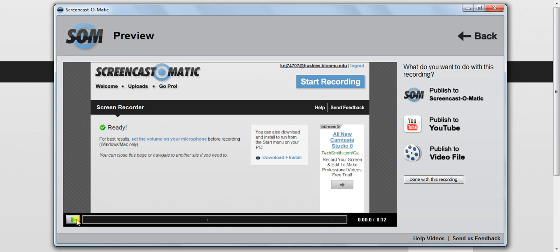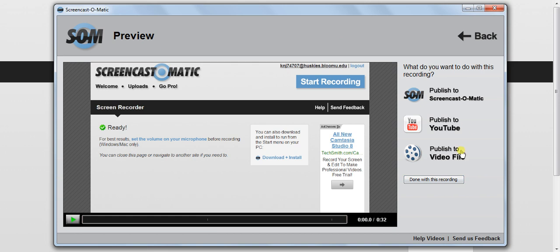It's really very simple. In that toolbar, when you first hit start recording, you could activate the microphone or webcam if you have those capabilities, but we're just doing the basics, so we're not going over that. But the thing right here after you're done recording is the preview box, and from here is where you can publish